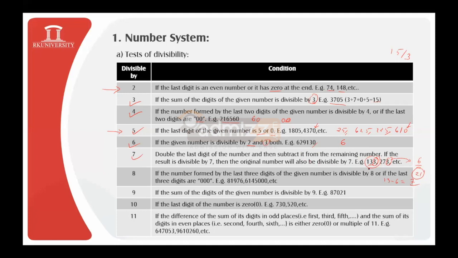So now remember again, take the last digit 2 times and subtract from the remaining number, and if this number is divisible by 7, then the whole number is divisible by 7. Now this is also great thing. The number formed by the last three digits of the given number is divisible by